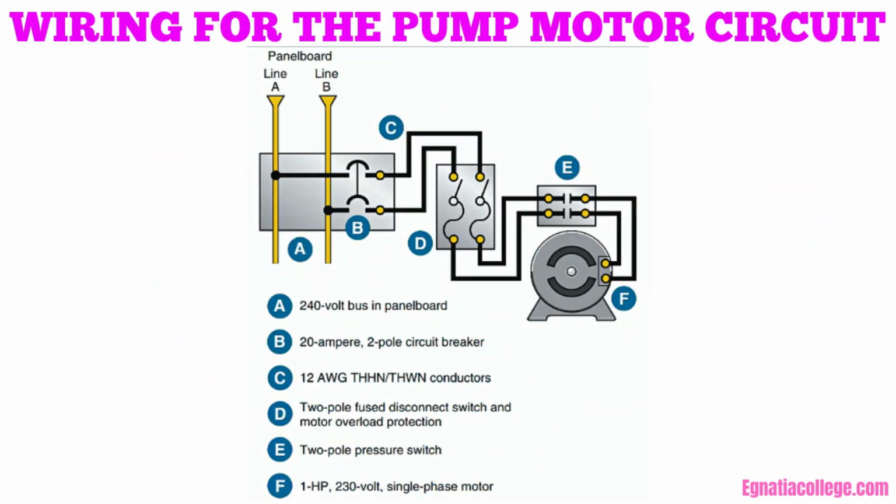Wiring for the pump motor circuit. The water pump circuit is run from panel A circuits A5 and A7 to a disconnect switch and controller mounted on the wall next to the pump. Thermal overload devices, also called heaters, are installed in the controller to provide overload protection. 2 number 12 conductors are connected to the double pole, 20 ampere branch circuit overcurrent protective device in panel A